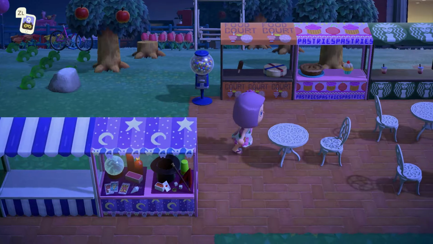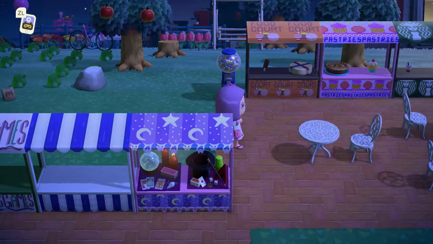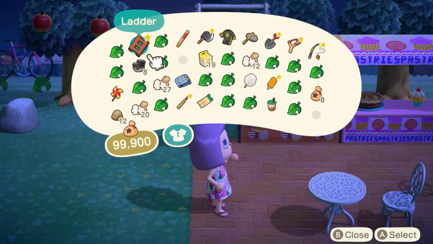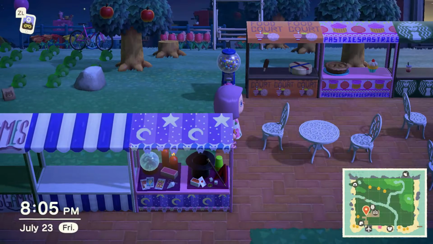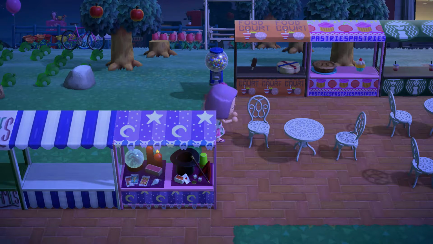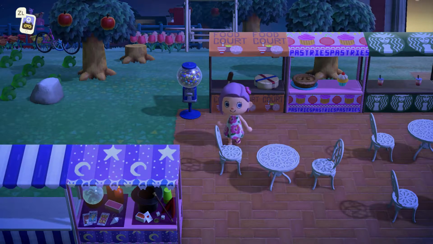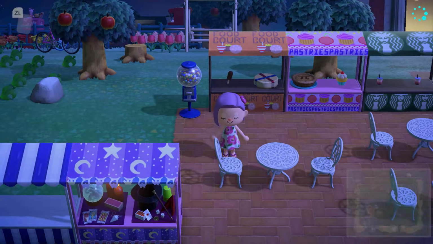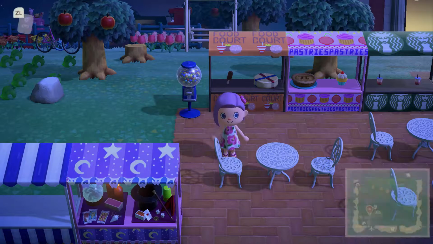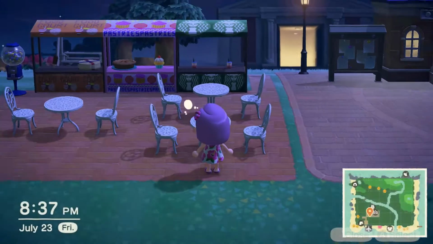One more chair. I think 3 tables is enough. I still want to be able to walk around. I don't want to make it so that this is blocked, because I still want to be able to go from the airport through the shopping district to the resident services. So may have to do some scooching around on this, but it should be good. It never looks centered to me. We're just going to leave it like that. Yeah, you kind of have to scooch around it, but...